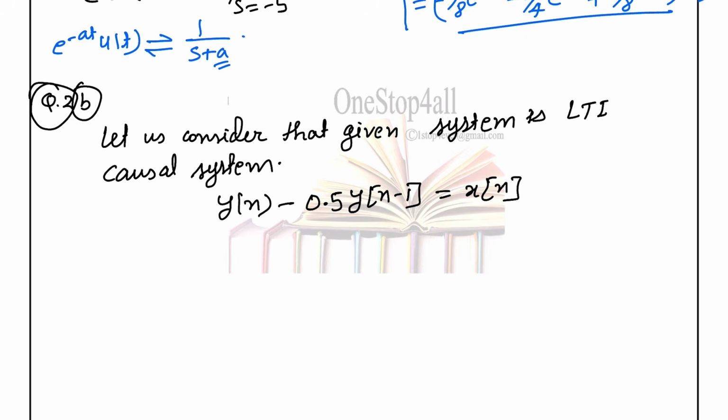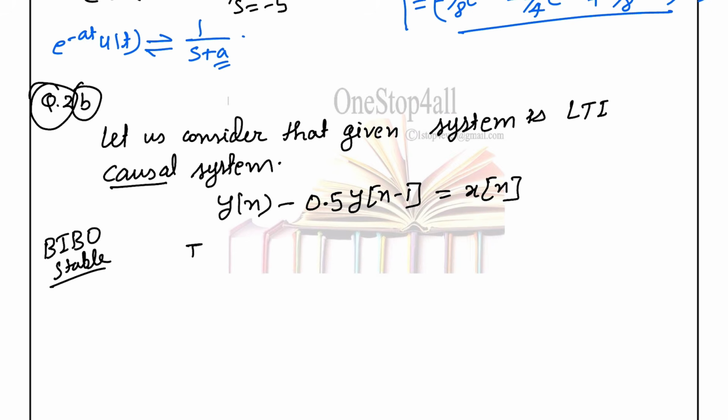So for BIBO stability, we need to calculate the BIBO stability. What is this? Bounded input, bounded output, and provided the initial condition is 0 as it is a causal system, okay. So for the BIBO stability we need to assume this one as the LTI causal system. Now